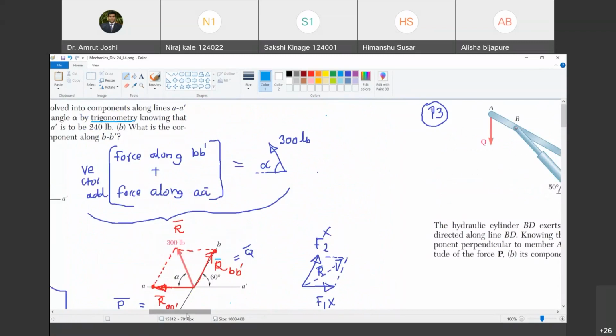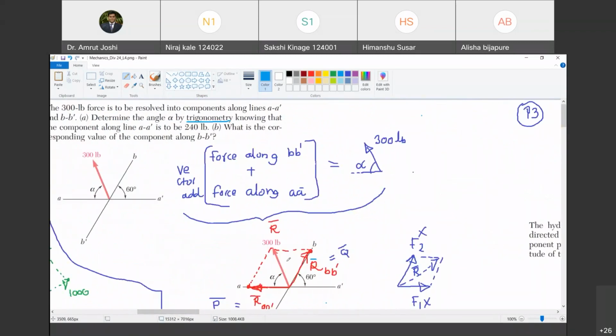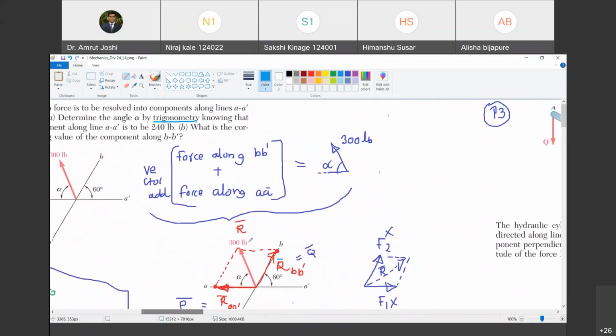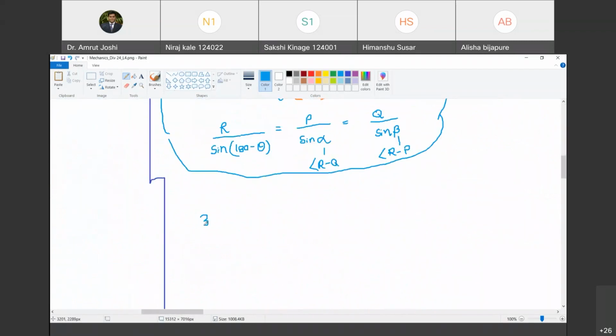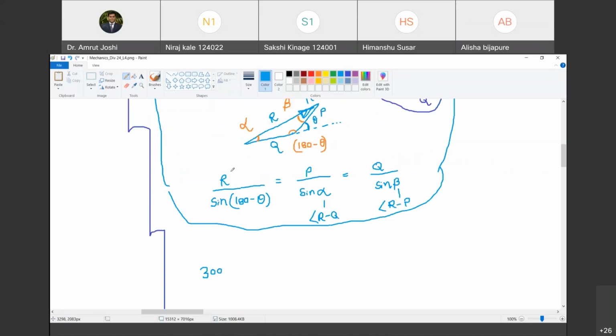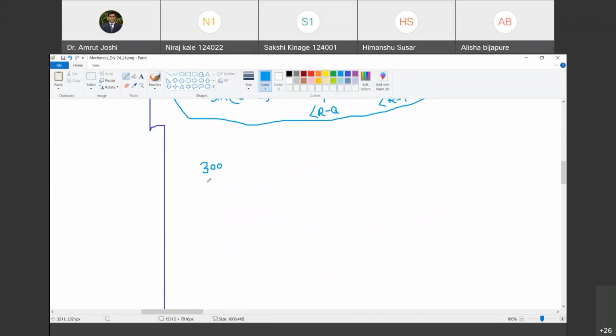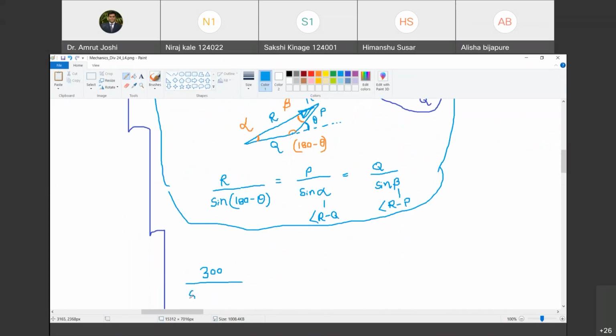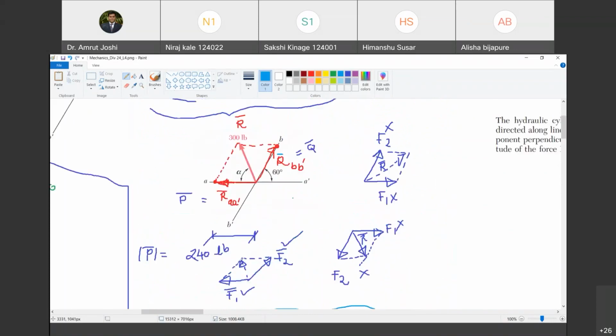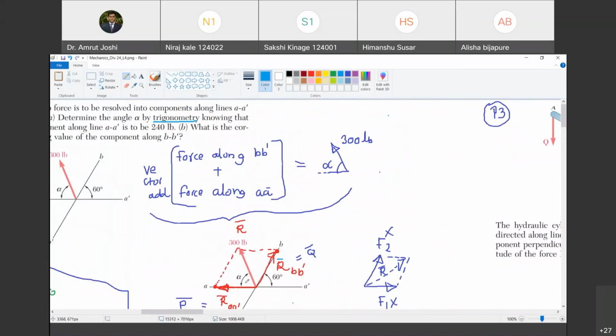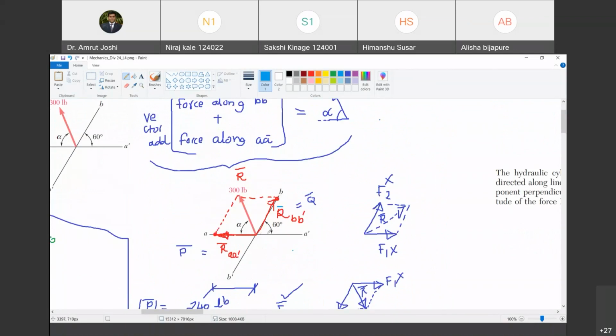And do you know what is the addition of two components P bar and Q bar? Yes, we know it is 300. So in the first term, can I substitute R as 300? Are you with me? Yes, sir. So R, that is the addition of these two components, turns out to be 300 divided by sine of 180 minus theta. What is theta? Theta is the angle between two forces. So do we know the angle between the lines along which we need to take the components of R bar? That angle is how much? Can you tell me? Is it 180 minus 60?